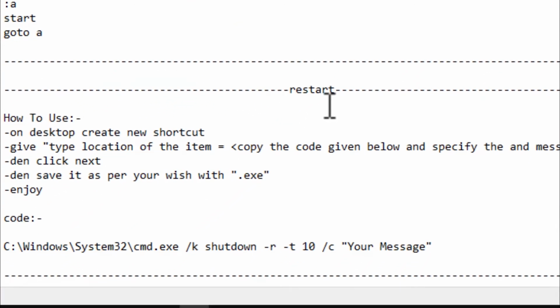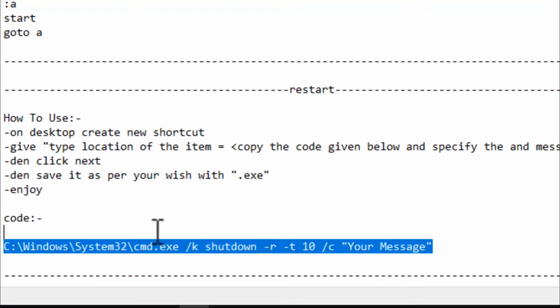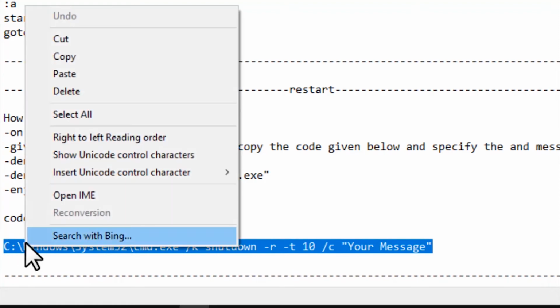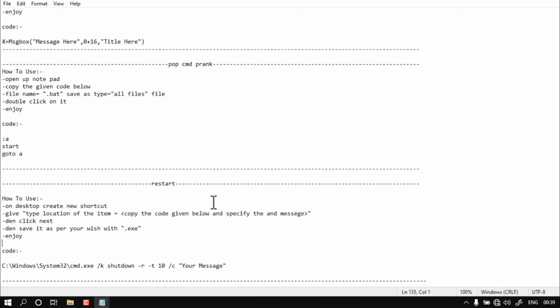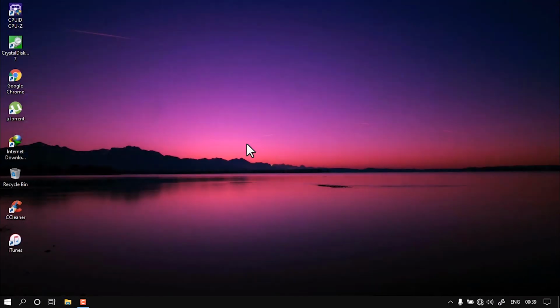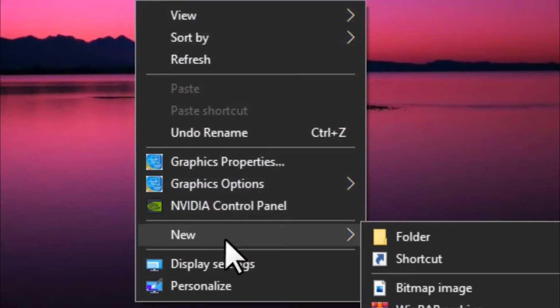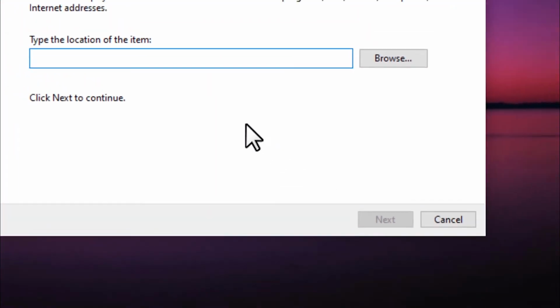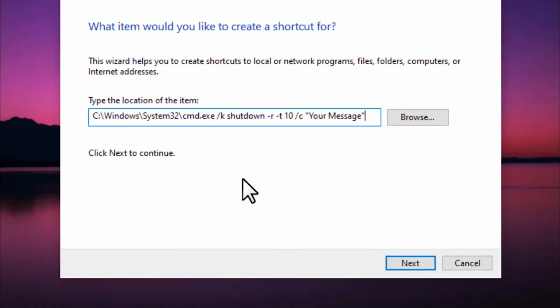For this we should save the code as a shortcut. So first copy the code and then create a new shortcut on the desktop and paste the code over here.